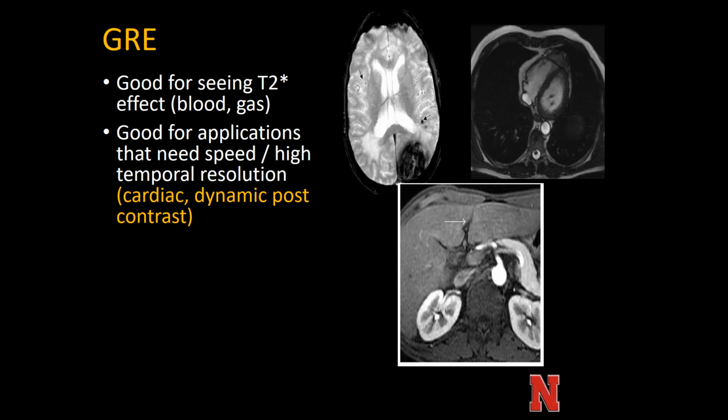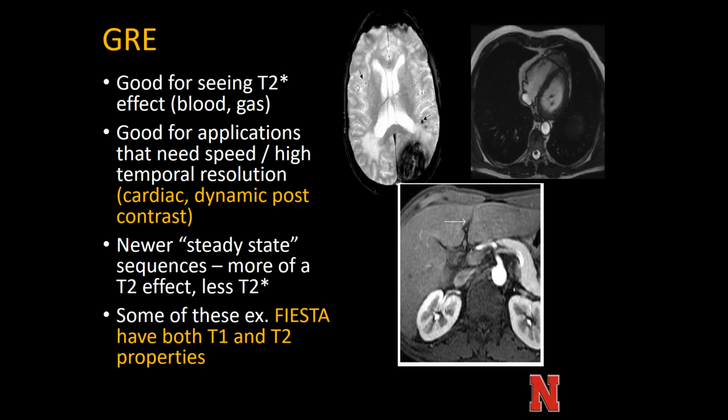Some vendors will actually do a GRE sequence that's functionally T1 weighted because you can do it very fast. So if you need to do fast dynamic post-contrast sequences, like to get an arterial phase, for example, many vendors will use a variant of a GRE sequence. Again, you learn these things and you're tested on these things like GRE, T1 weighted, T2 weighted, proton density. In reality, a lot of the sequences have become so sophisticated that there's a variant GRE sequence that's T1 weighted, and there are GRE sequences that have both T1 and T2 weighted properties, like a Fiesta sequence,